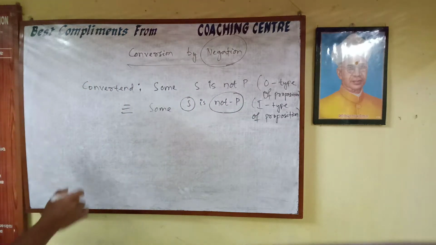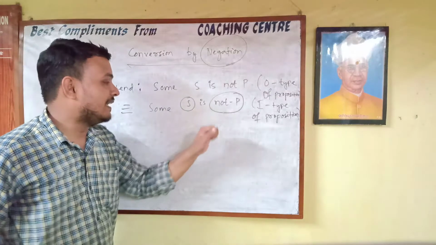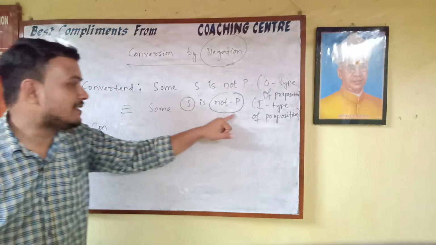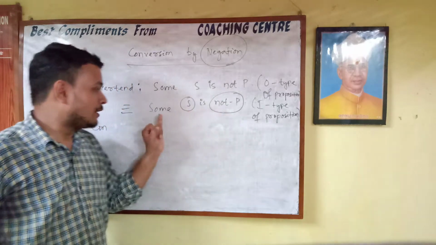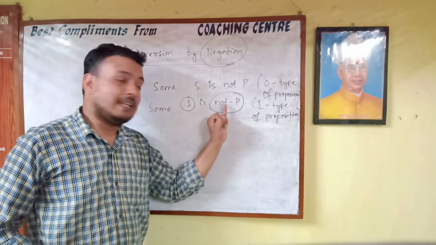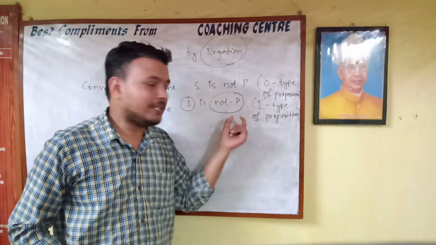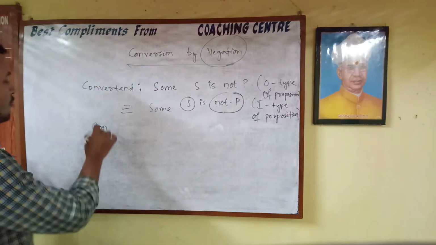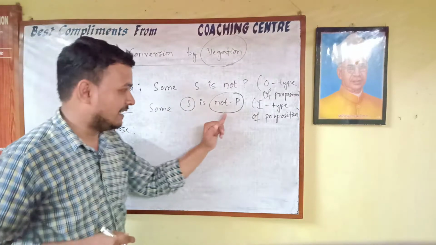So this is the convertant. This one is the convertant, and this is like some subject is predicate. In this case, the predicate is what? Not P. Are you getting my point? It is a single term. So while we go for the converse of some S is not P,